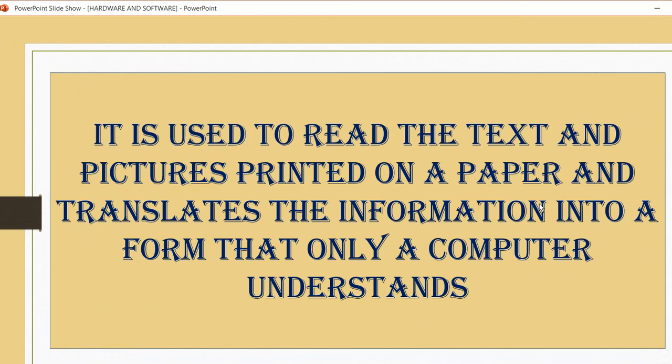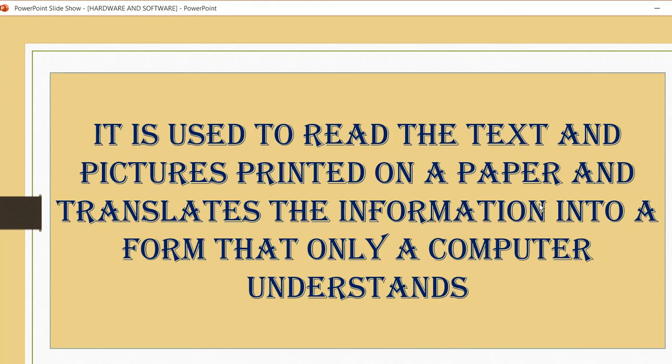It means whatever we keep inside the scanner will be scanned or read by the scanner, and it will be displayed in the computer. After capturing or reading, that text or picture will be displayed on the monitor screen.